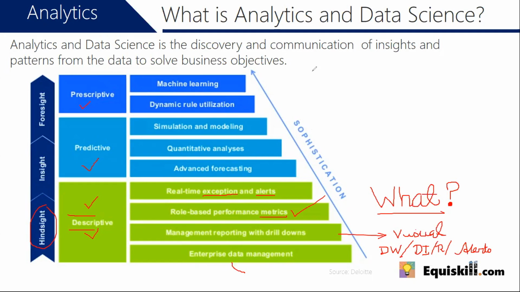But the moment you know that sales is going down, your very next question is going to be, why is it going down? So once I give you some data and some reports coming out of that data, your next question is why? And when you ask why, you're essentially asking for nothing but insight. You want to know why things happened the way they happened. One of you rightly used the word reason. What's the reason for things being the way they are, now that I know how things are? And that takes you to the place where you actually do analysis and try to figure out why things are the way they are.